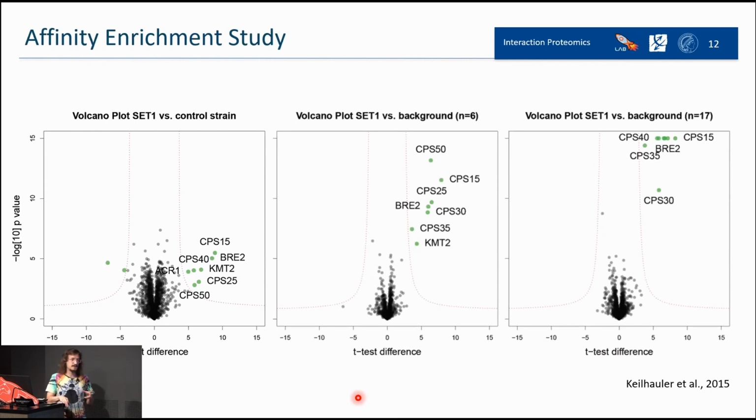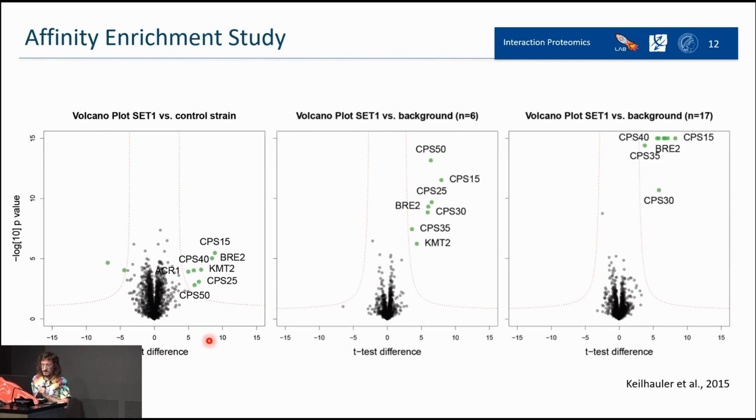Because you expect unspecific binders to be similar in all your experimental conditions, because they are things that just attach there, and so they should be present in all the experiments. So what you can do is plot your log fold change of the specific binders against this whole background noise. And it's called the complement.